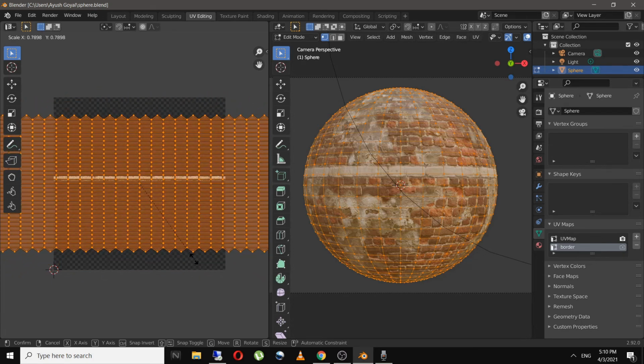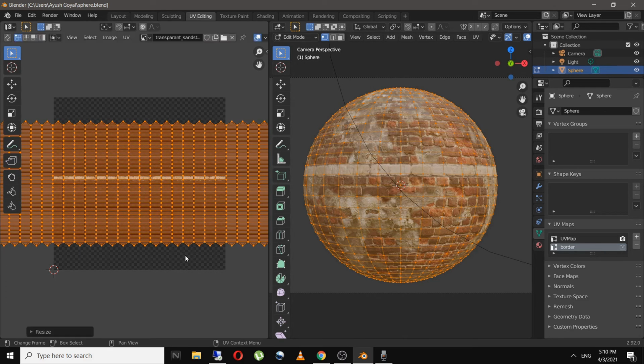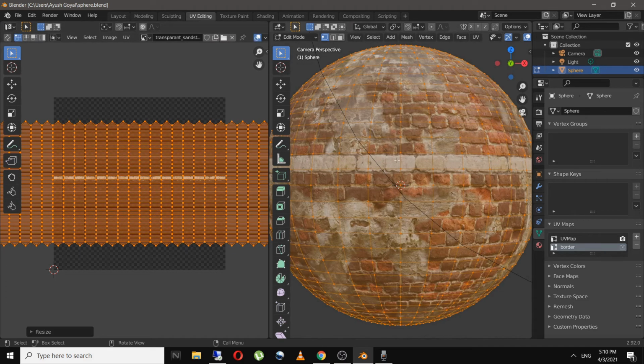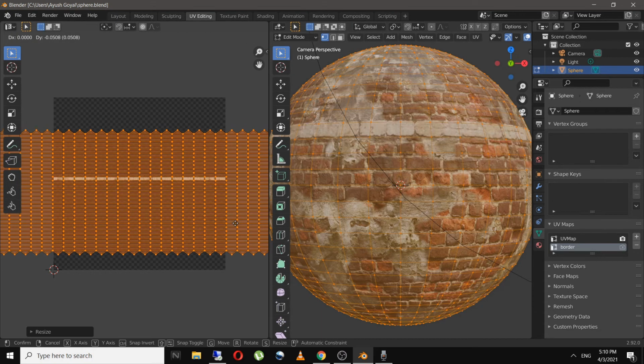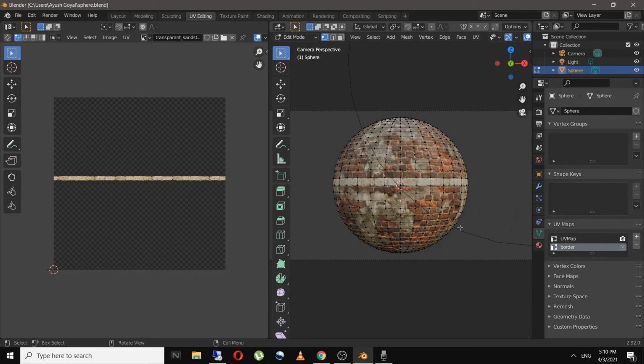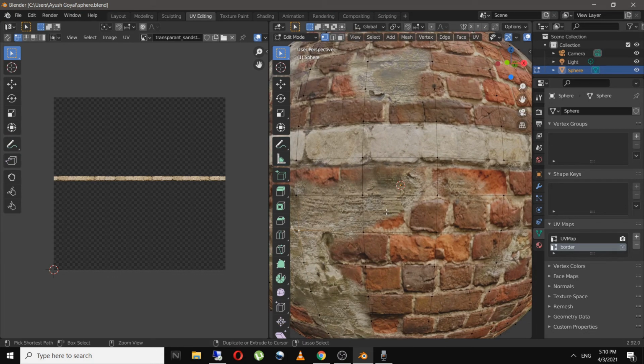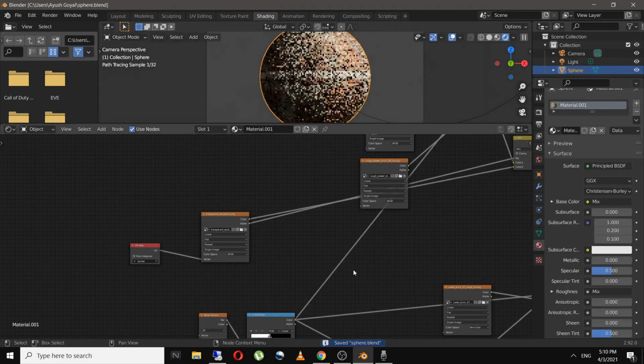So this is a really cool technique which is very handy. And now I want to make the border somewhere over here in between, and I want that to cover one layer of the brick. So something like this looks good. So this looks good.